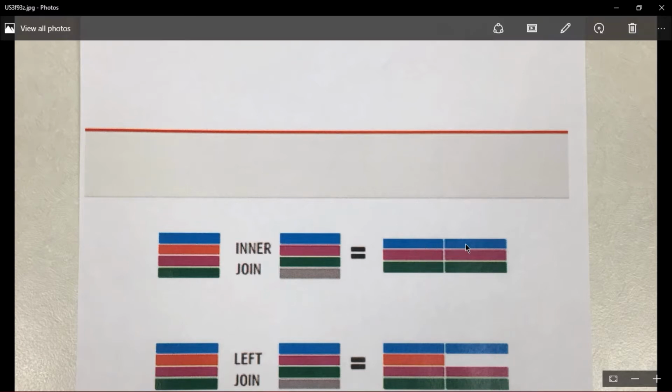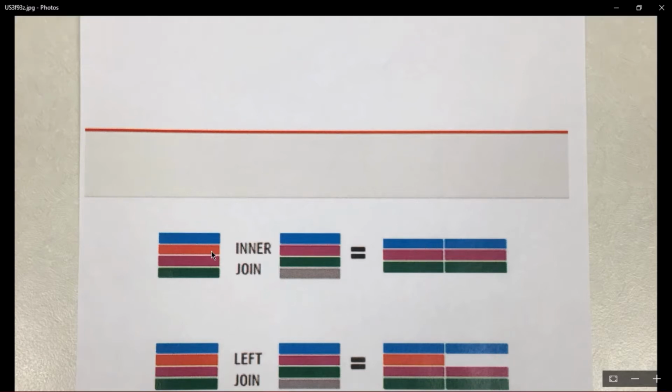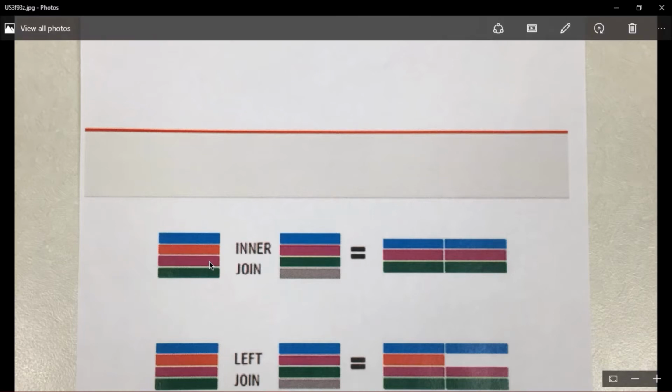This is the inner join. The second one is orange, and there is no orange on the right side, so it is not displayed. The third one is pink, and since it is on the right side table also, it is displayed. The last one is green, and since it is on the right side table also, this green record will be displayed. So this is called inner join.